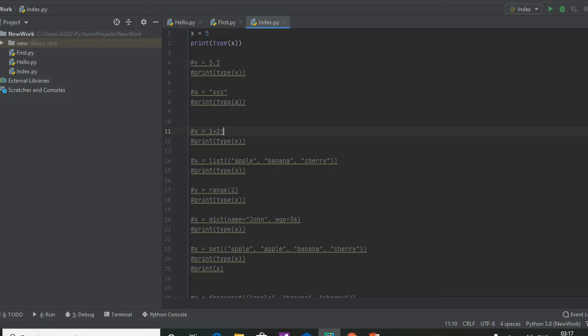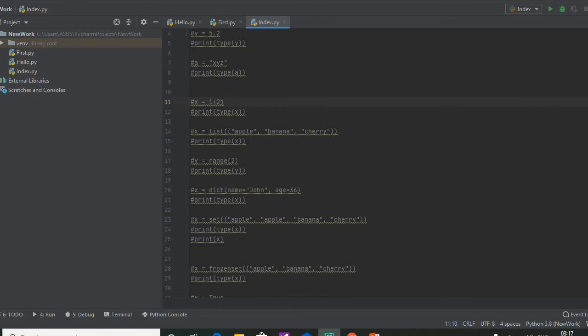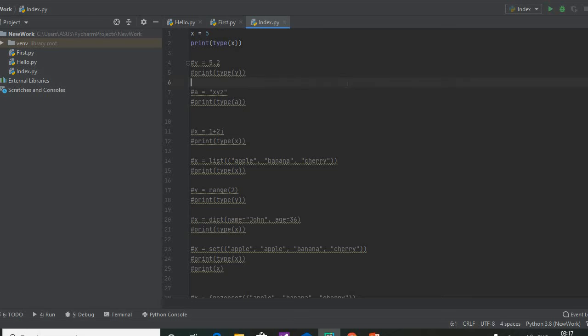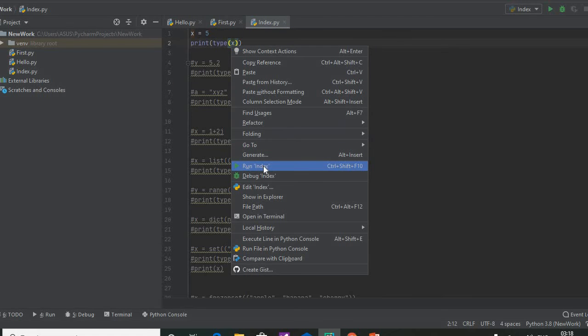To type each and everything it will take time, so I am trying to explain it. Here x is equal to 5. Print type of x. Here what will we get? The output is int. So we can run it.